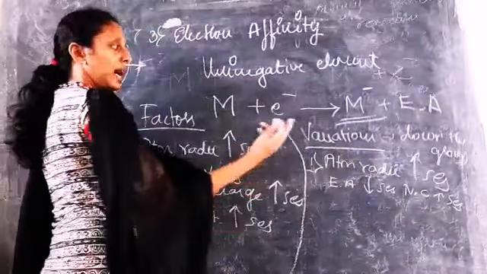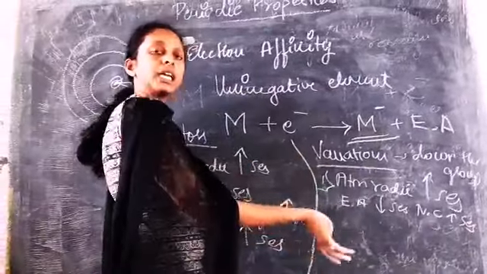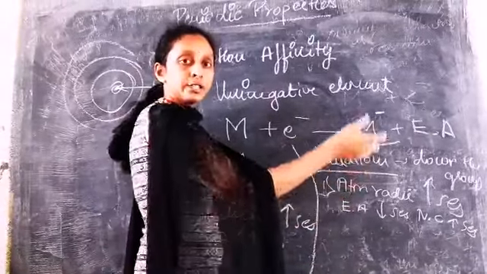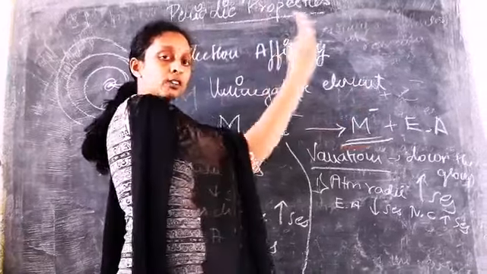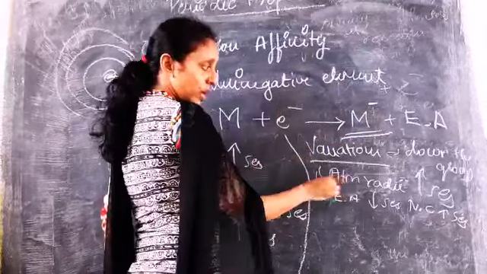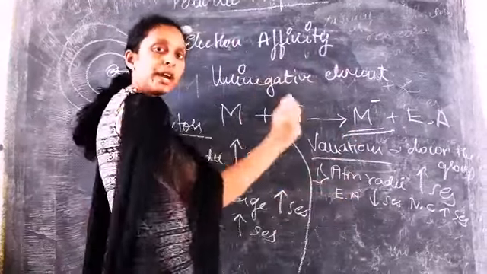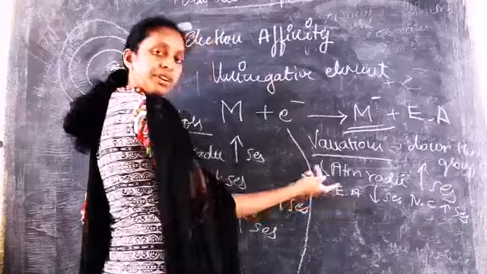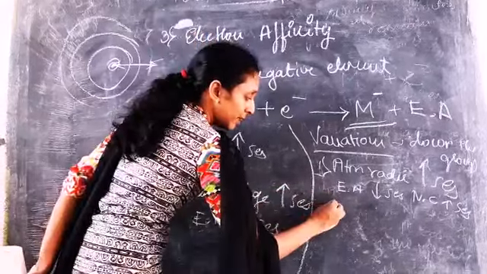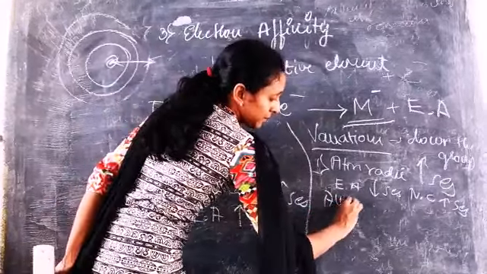As I told you, as the number of shells increases, the atomic radii increases, so the attraction between the outermost electron and the nucleus will be less. So it is very easy to take up an electron, so the electron affinity decreases. Now, along the period,